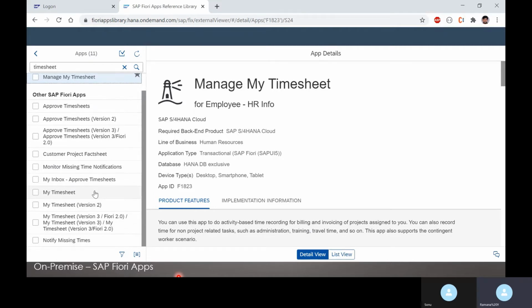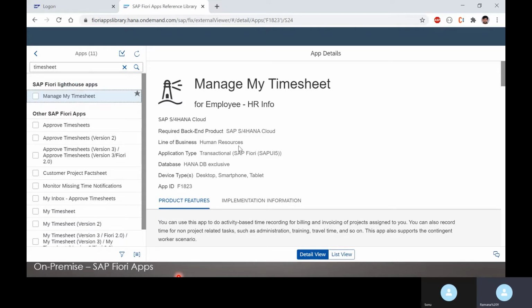If you see, there is one more called My Timesheet version 2, 3, 4, etc. You have it. Okay, in this case, why do you have so many? They are based on the product you are in. So if your customer is on S4 HANA Cloud, this is the application we recommend. If you check My Timesheet now,